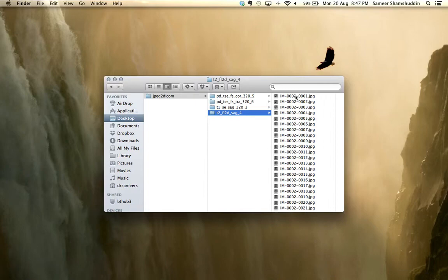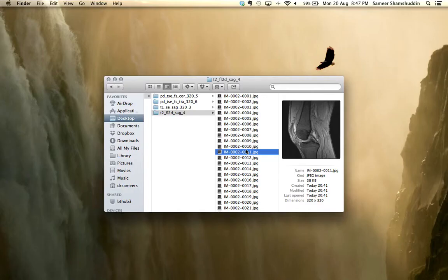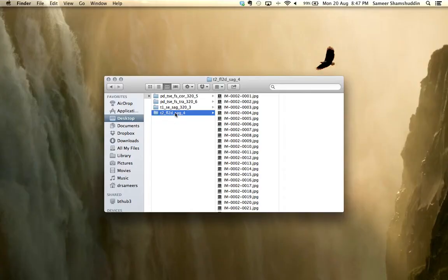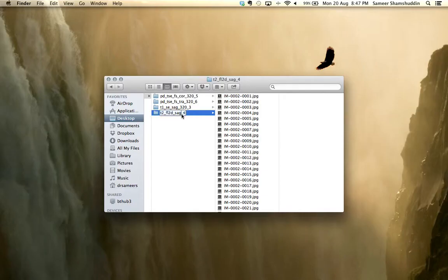For example, these images are T2 weighted sequences, and therefore I have put them all together under T2 FL2D SAG4 as the name. You can change this if you want, so let me change it to just a T2 weighted sequence, T2, and let me change this into T1. Let's keep it simple,